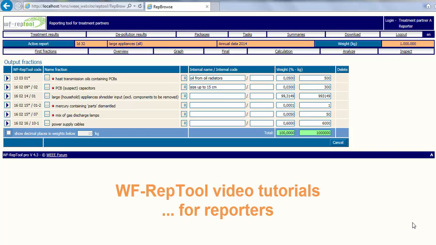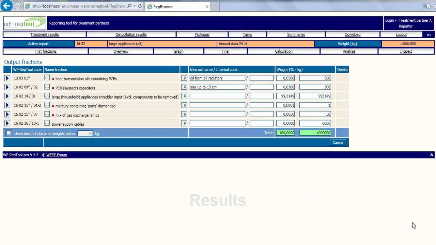Hello and welcome to this video tutorial on how to use the RepTool by reporters. In this video I want to explain to you which results are provided from a RepTool report and how to use